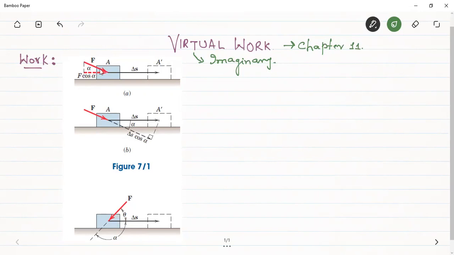See the block here in this figure. The initial position of the block is at A and some force is acting on this block at an angle alpha with the horizontal. If I extend its line of action, this is the force F, making an angle alpha with the horizontal. You can see that this block has been displaced from point A to position A dash. So during this interval, the work done by this force will be equal to